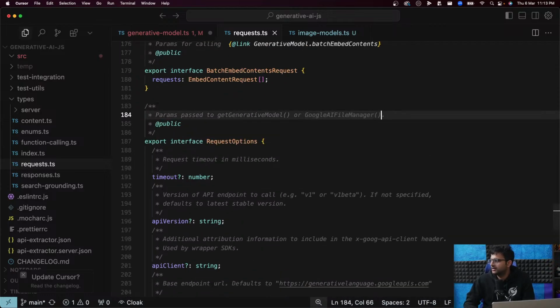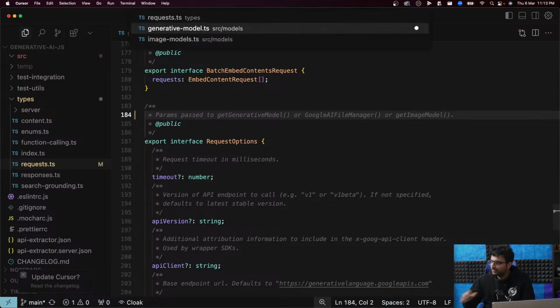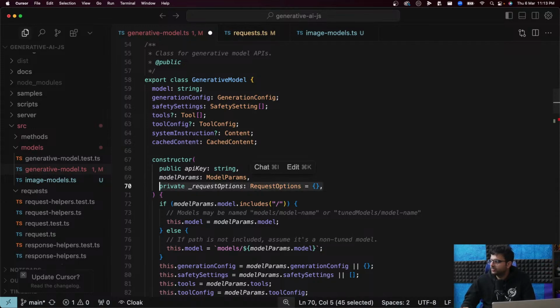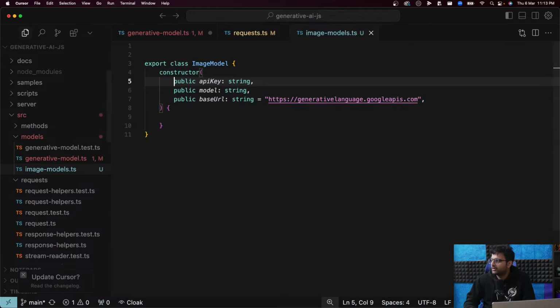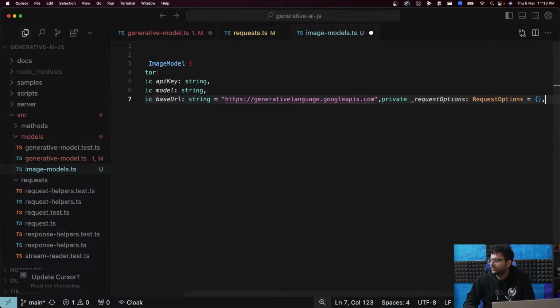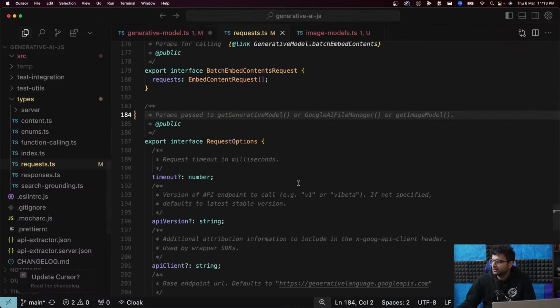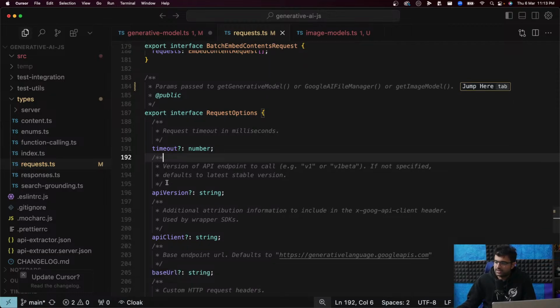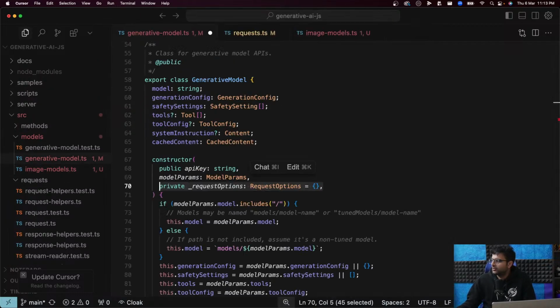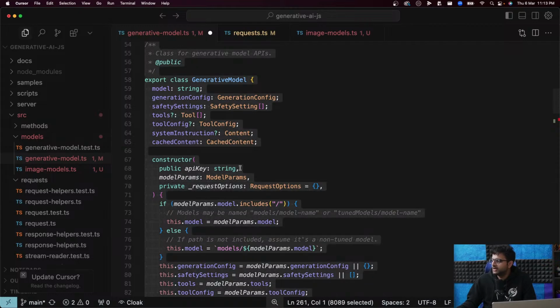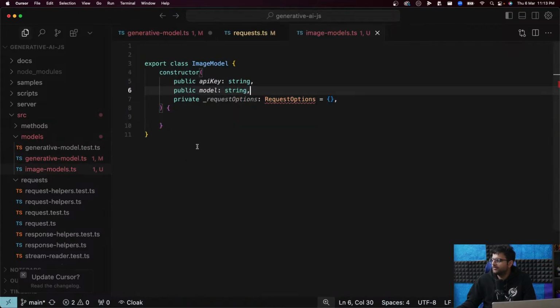We'll add another thing here now, or get image model, which is a function that we're going to introduce. So we're going to have request options as an input in our class as well. If you want to override whatever, the timeout before the request times out, things like these. All right. So the big thing is here model params, which will be different for image models and text models. So this is where we have to spend some time now. I'm going to name it image model params. And this is what we have to define.